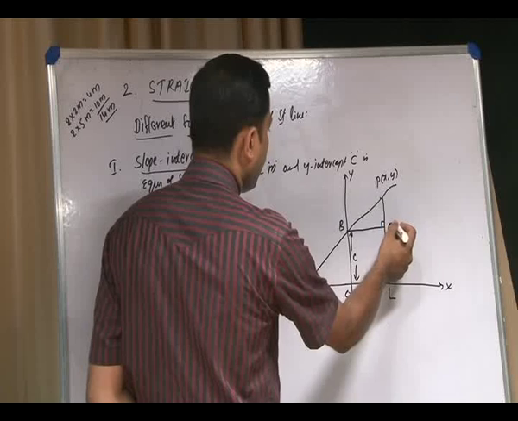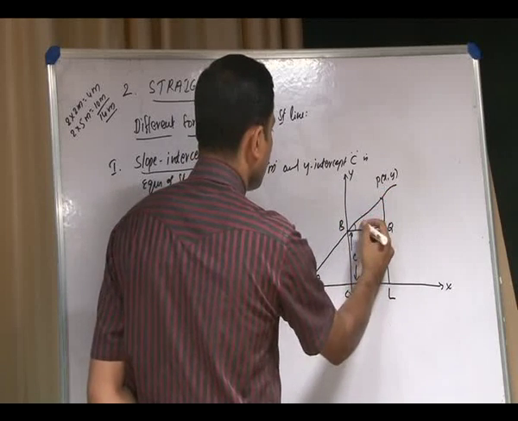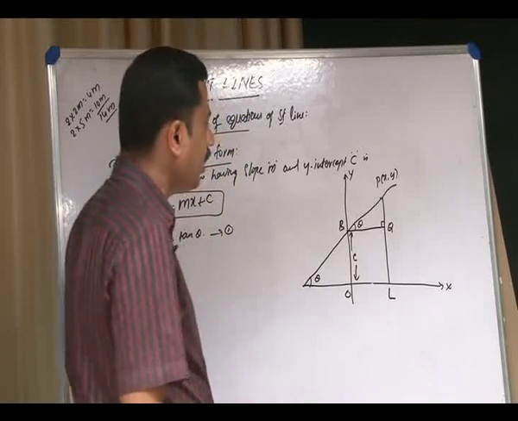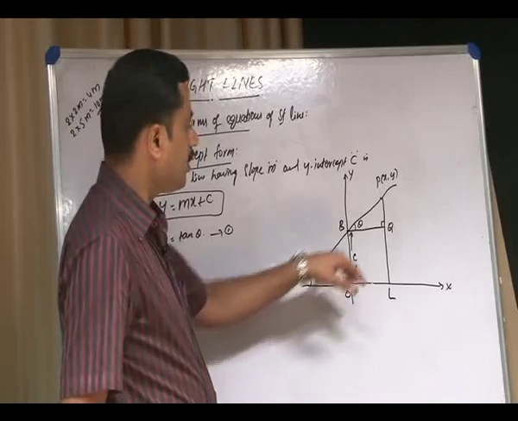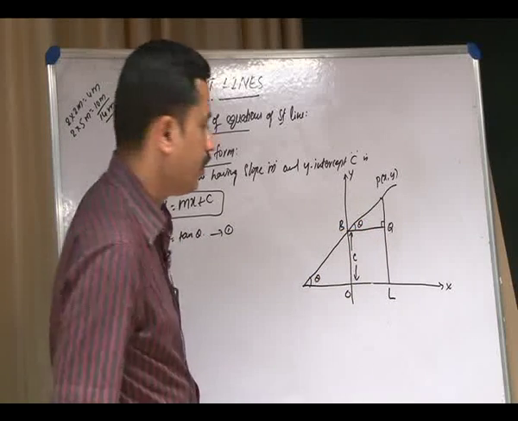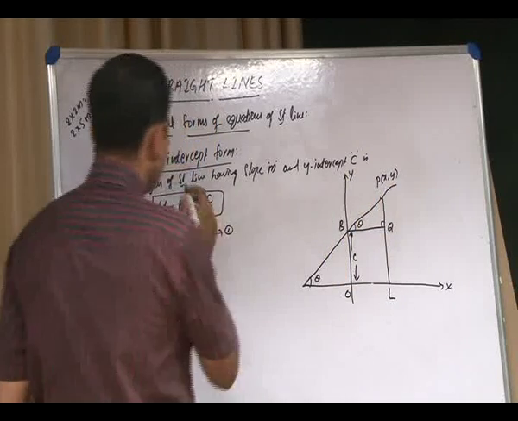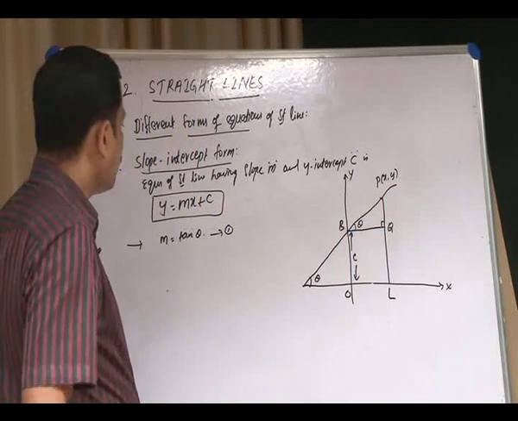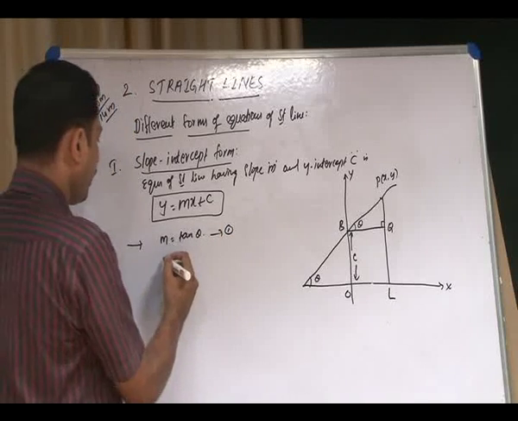In this the angle PBQ or QBP is also equal to theta here, that is the inclination of the line with positive x axis. So, by considering this right angle triangle, you are going to derive this equation, that is the slope-intercept form y is equal to mx plus c. So, for that in a right angle triangle